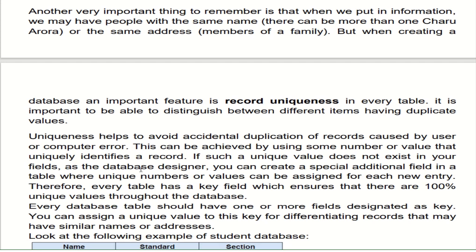Uniqueness helps to avoid accidental duplication of records caused by user or computer error. This can be achieved by using some number or value that uniquely identifies a record. For example, you can put a serial number, a roll number, or a customer ID, such that uniqueness exists in your table and it removes accidental errors.